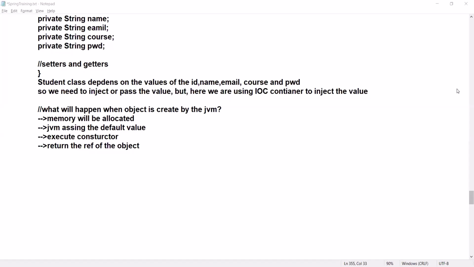Just repeating once more: whenever JVM creates the object, JVM allocates the memory. Whenever we are writing like this, say for example,